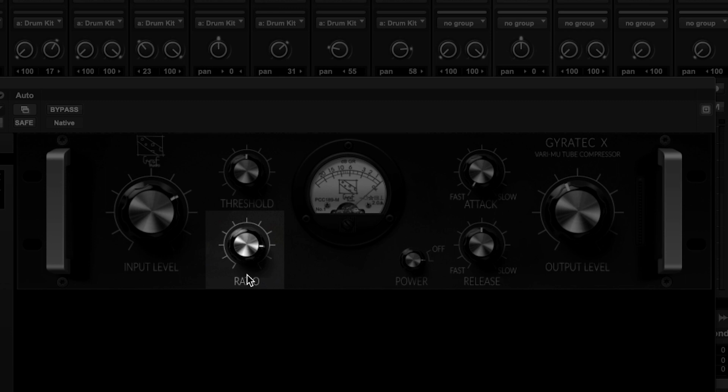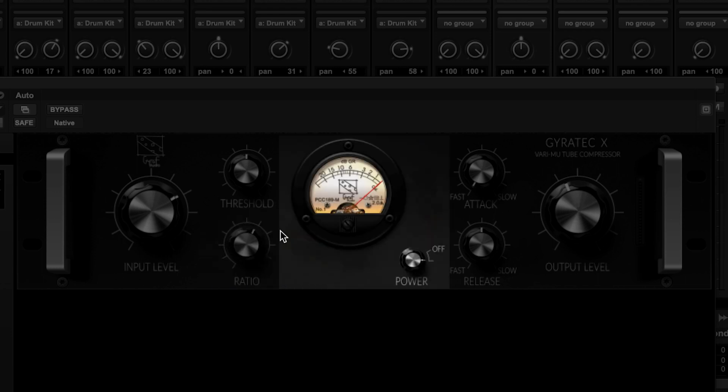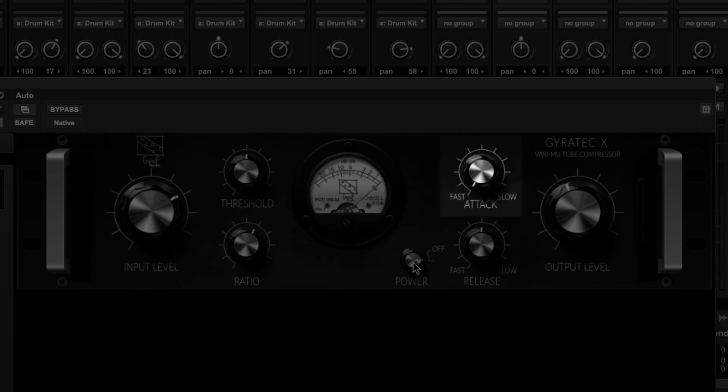The ratio control is next, and sets the amount of compression in relation to changes in the input level for signals that exceed the threshold value. Setting ratio fully left or anti-clockwise will deactivate compression. In the middle of the interface we have the large gain reduction meter and a power or bypass switch. The attack knob sets the time the compressor takes to react to a rising input signal. The release controls the time it takes from the input signal falling below the threshold to the gain reduction being